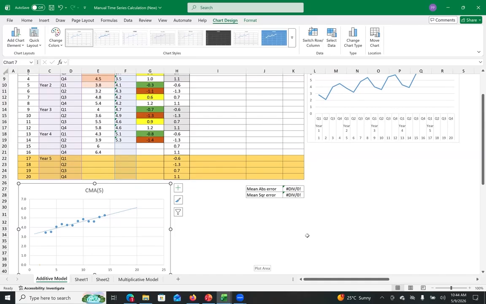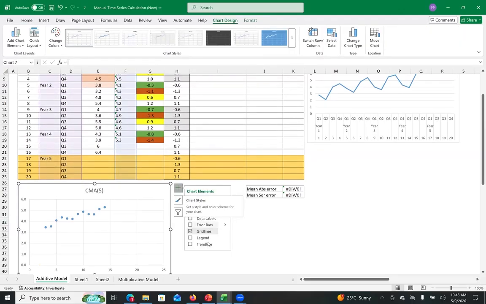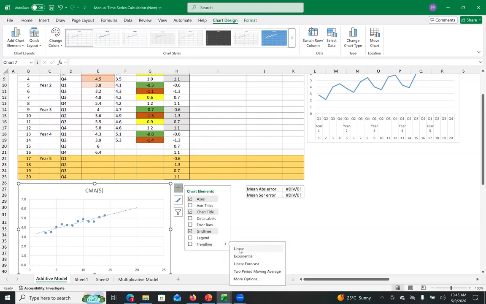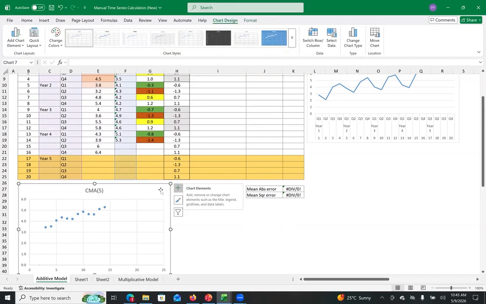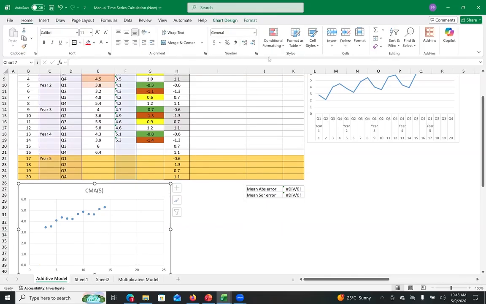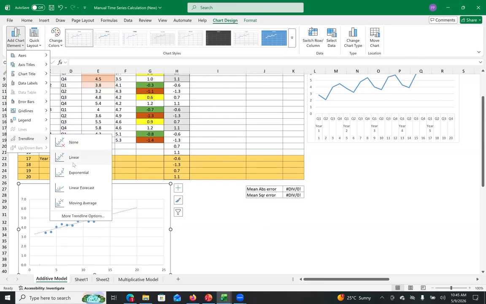Can you show it once again, please? Yeah, sure. How to get the trend line or how to get the chart or both? The trend line. Yeah, sure. So I said there are two options. One is that you can just click on the chart. There is a plus sign and then the trend line, and I can simply select linear over here. But in some versions, I have seen that this plus sign will not come. So in that case, you can simply click on chart, go to chart design, here add chart elements, and here trend line, linear.